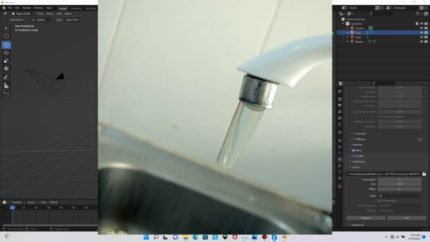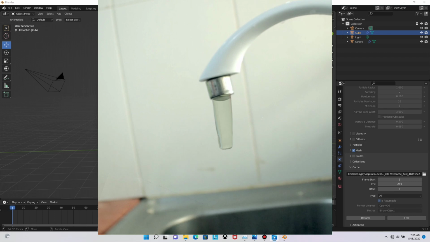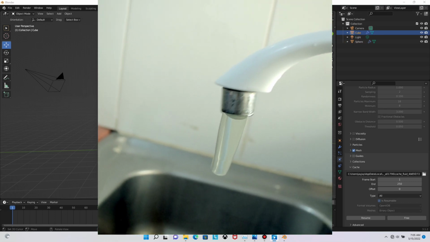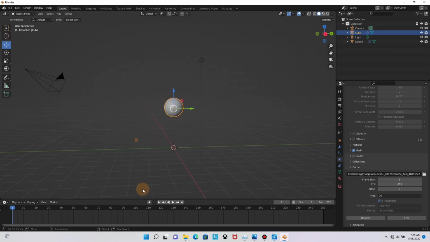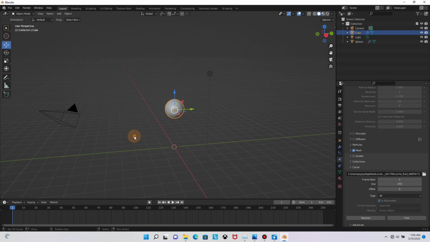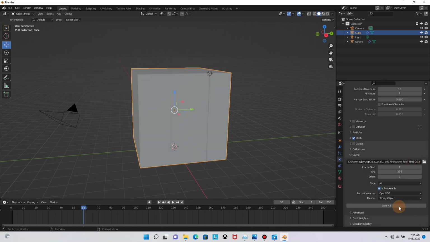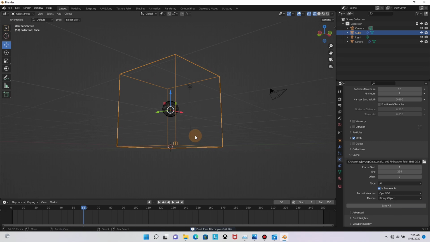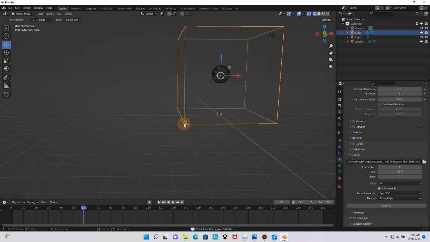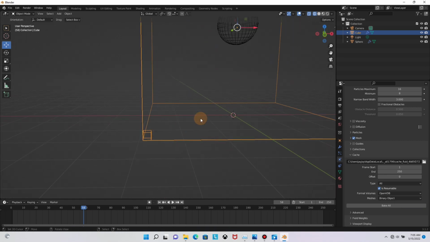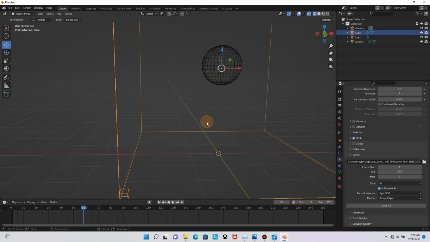You can see that I cut the water into two, and this stick here. Okay, so I'm going to show you exactly how I do this effect. So I'm going to click on this. I want to show you something before I continue. So I'm going to free this bake. So when you look here, you can see a tiny cube here. This cube is like a volume that